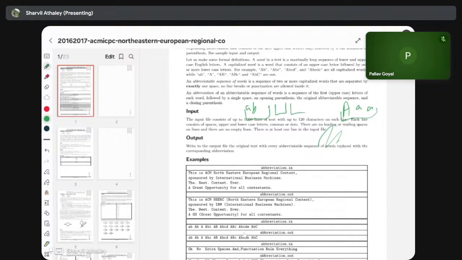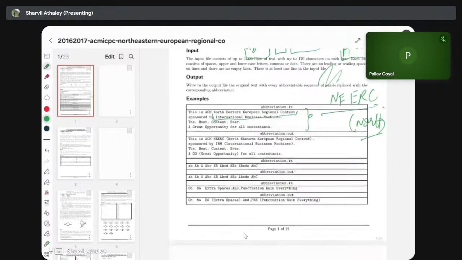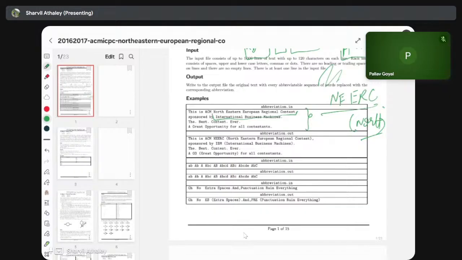So now in every line we have to find the abbreviated sequences. Like in this, Northeastern European Regional Contest was an abbreviated sequence. So we write it as NEERC, and next to that with one space we write Northeastern European Regional Contest. So what I did was that I started parsing the string, and first of all, I